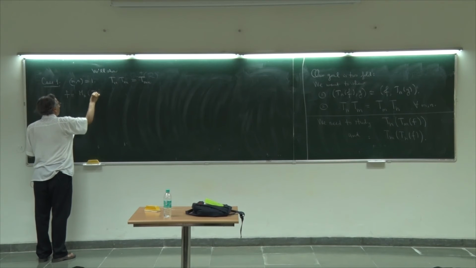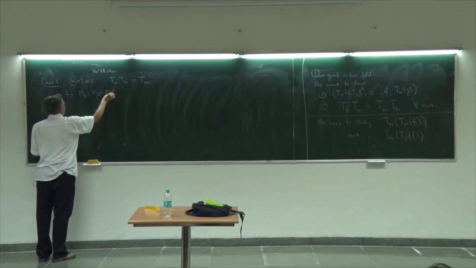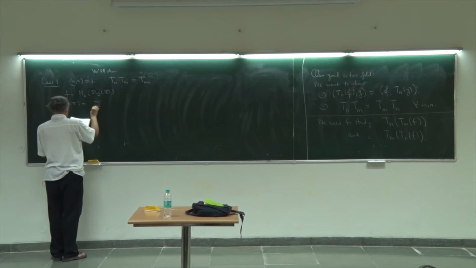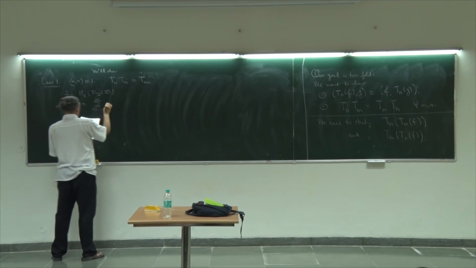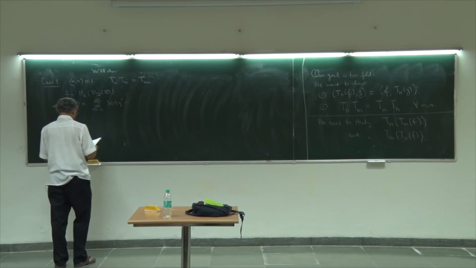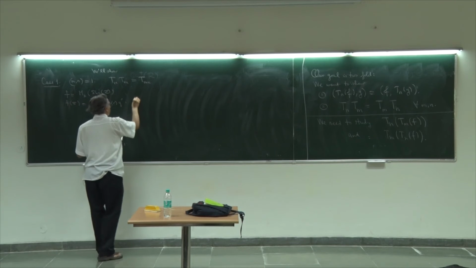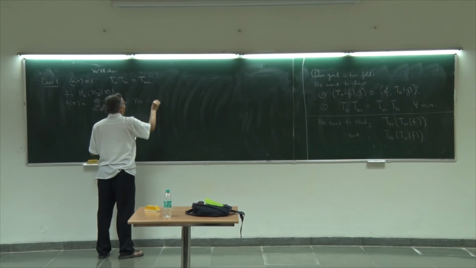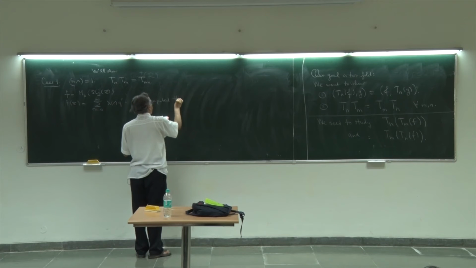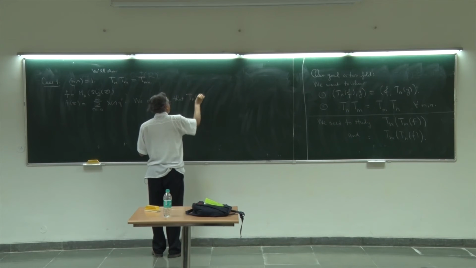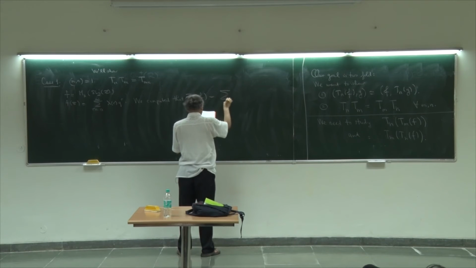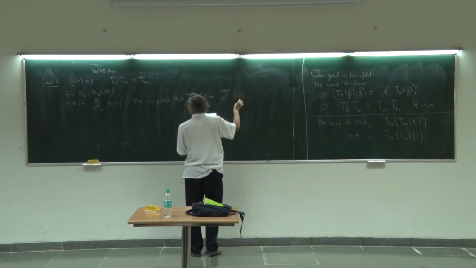Again, for the full modular group. And let's write f of z as the summation r going from 0 to infinity, lambda of r q to the r. Then we already showed, we computed, that Tn of f has Fourier expansion b of r q to the r,